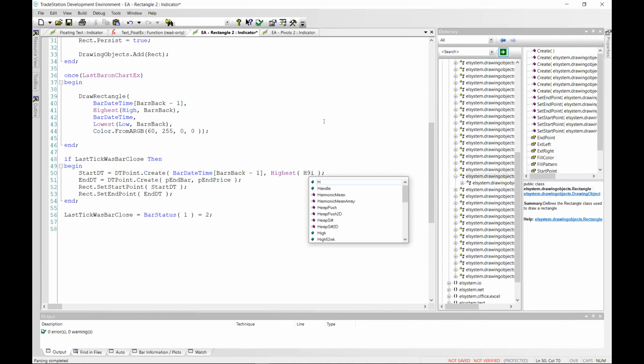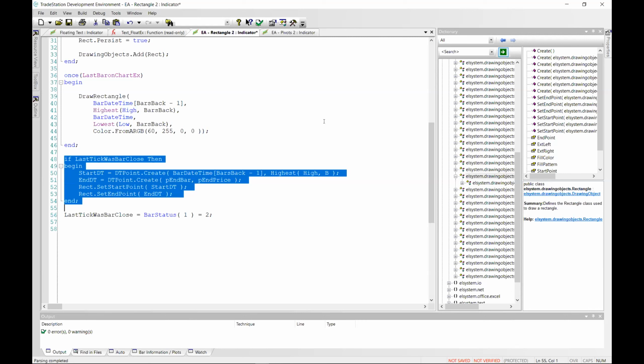Highest high for bars back. We're basically going to redraw the thing. Okay, I see now.